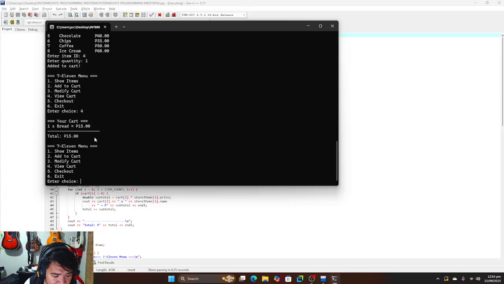The program also uses a loop. The customer can keep buying more items without restarting the program. After each purchase, it asks if they want to continue. If the answer is yes, the products are displayed again and they can buy another item. If the answer is no, the program stops and will show the amount they need to pay.